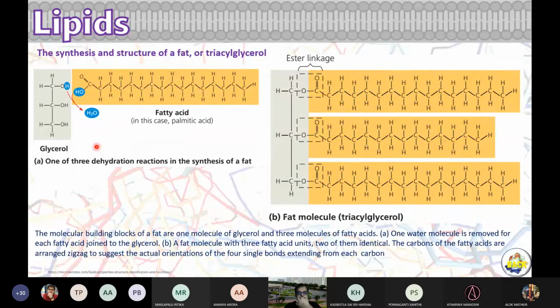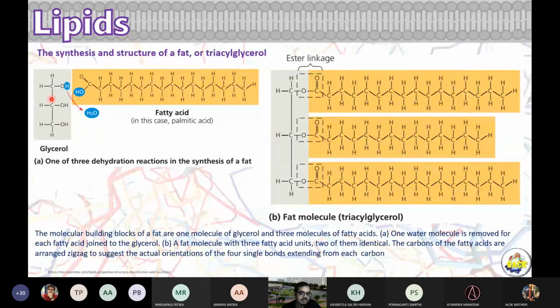So palmitic acid and oleic acid, these are present in your coconut oil. In local terms, we call them fatty acids. When these fatty acids combine with glycerol, that's another carbon chain with 3 OH groups, a 3-ol, 1, 2, 3 propane triol. You can write it like this, right?